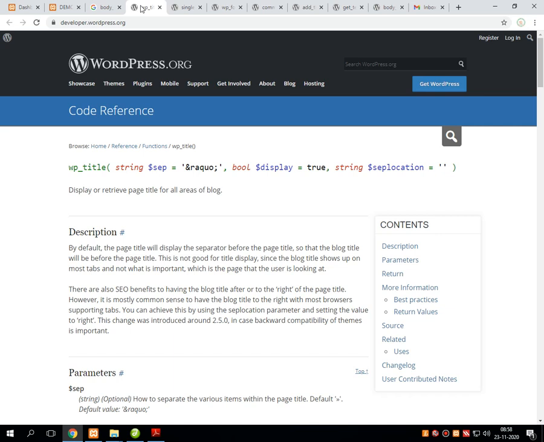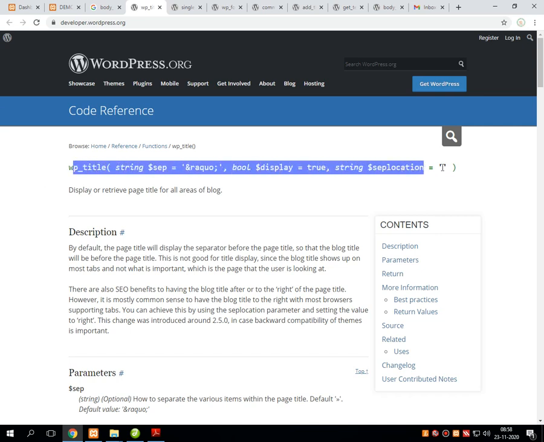This was introduced in the higher version of WordPress, that is 2.5.0 and later. This is the short descriptive part of wp_title. Here you can see the syntax of wp_title. It contains a very big syntax. Some of the options are optional. If we don't pass them, it works also.